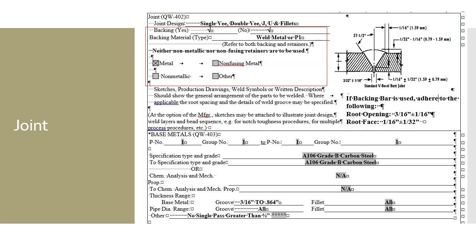Another thing to take a look at on joint design is what kind of backing you're using, if you're going to use backing. Also, the backing material type, and then retainers. Retainers and backing aren't the same thing, if that makes any sense. A lot of times, when I would write a WPS, I would throw in something about retainers not being used, because then you're addressing that variable on your